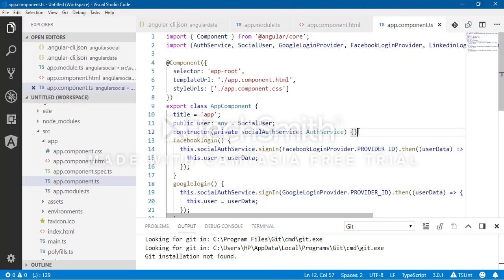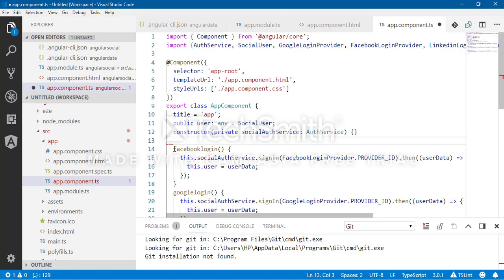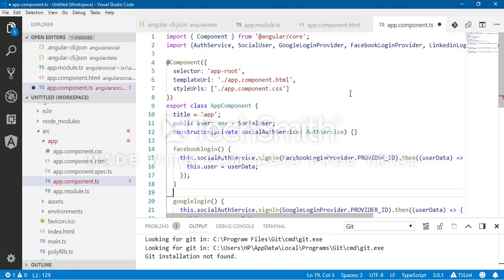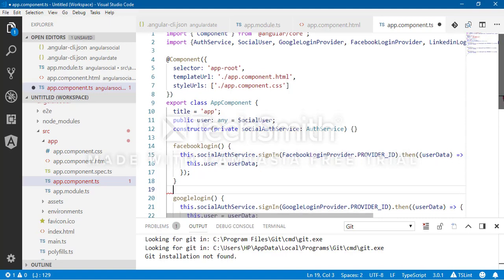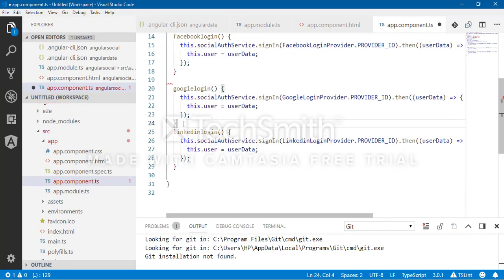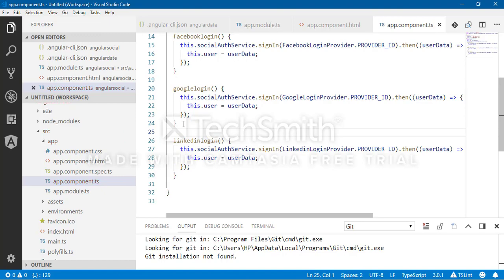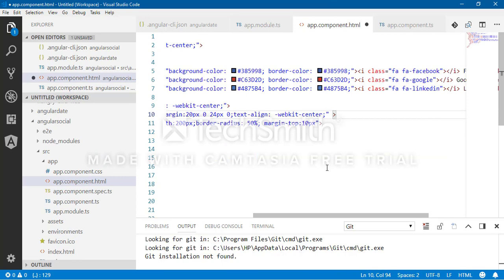If I click on Facebook, this operation needs to be performed. If I click on Google, this operation needs to be performed. If you click on LinkedIn, this operation needs to be performed. Same thing: socialAuthService.signIn, the provider ID you pass, then the user data will come. Now I am going to complete my